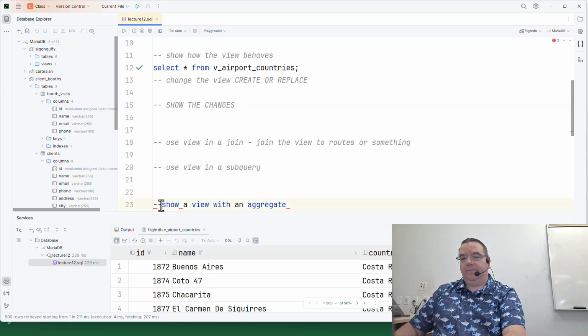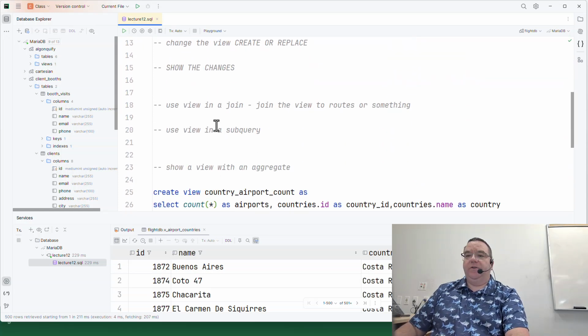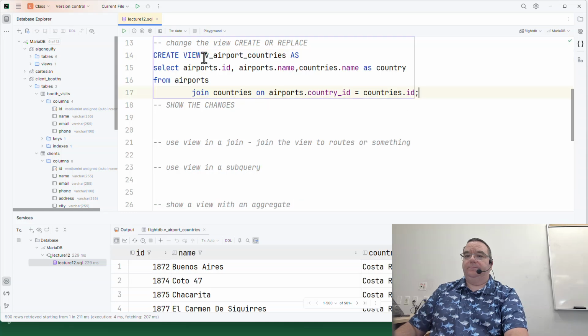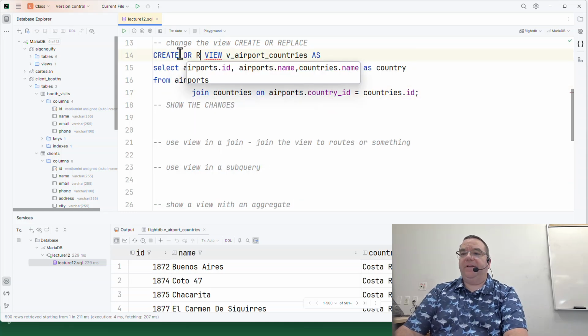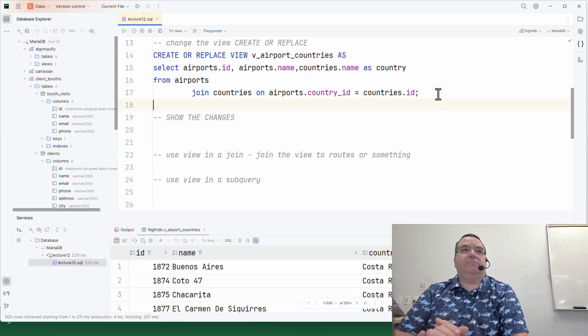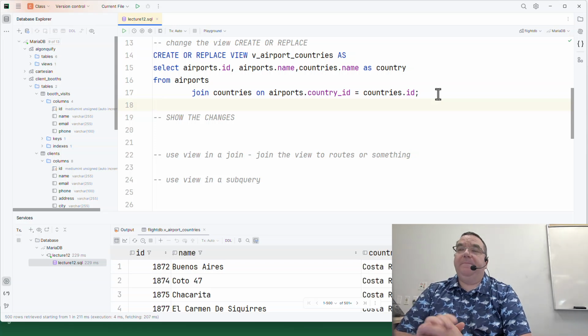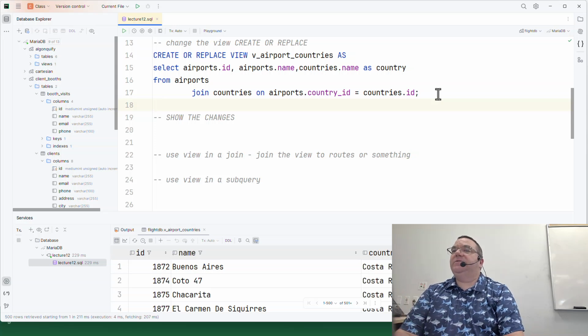Now, if I want to change the structure of the view, you can do create or replace. Now, this is where I always put a caveat, an asterisk, you know, danger here. Depending on your database engine, when you change the underlying query, you need to make sure you keep the same number of columns. For example,